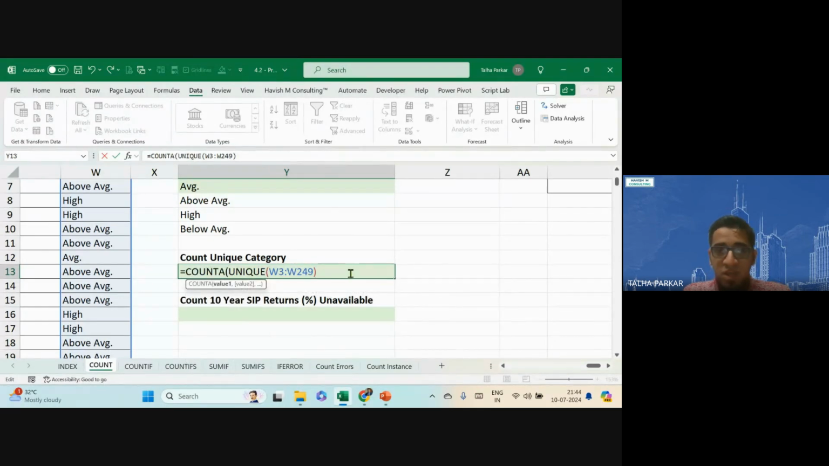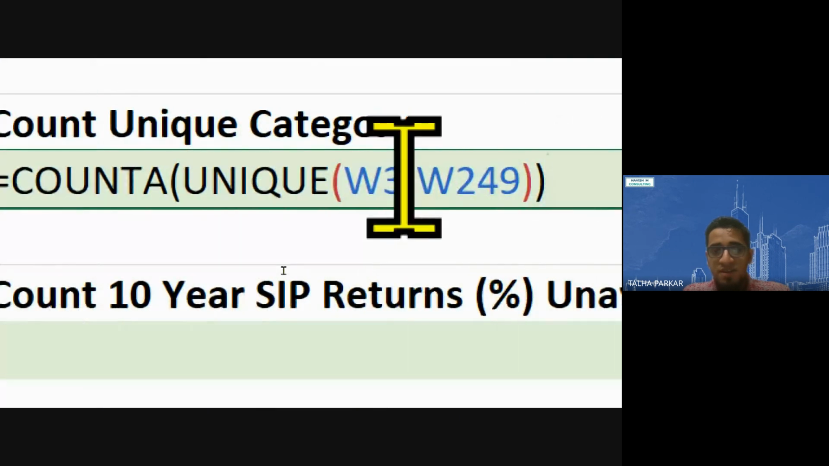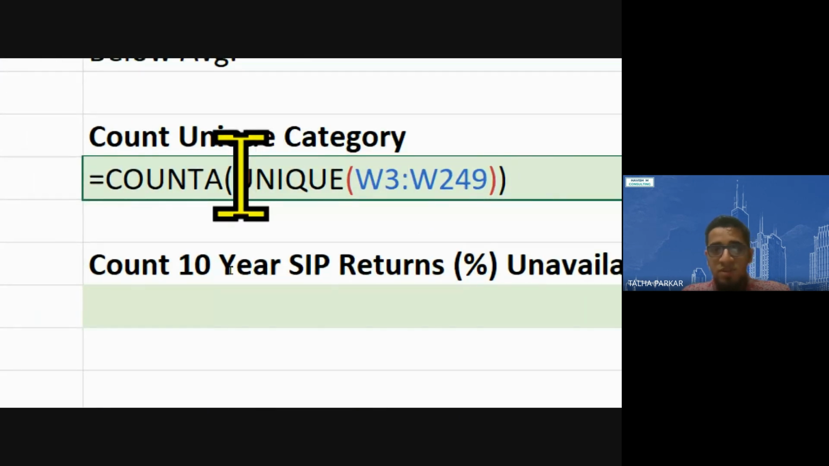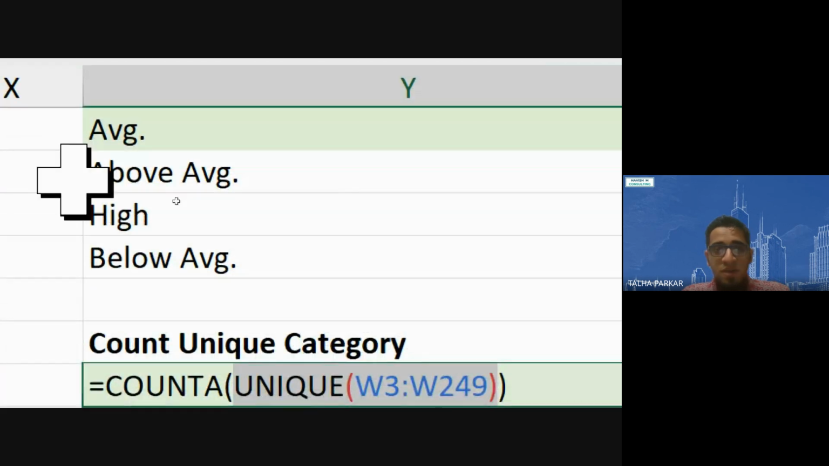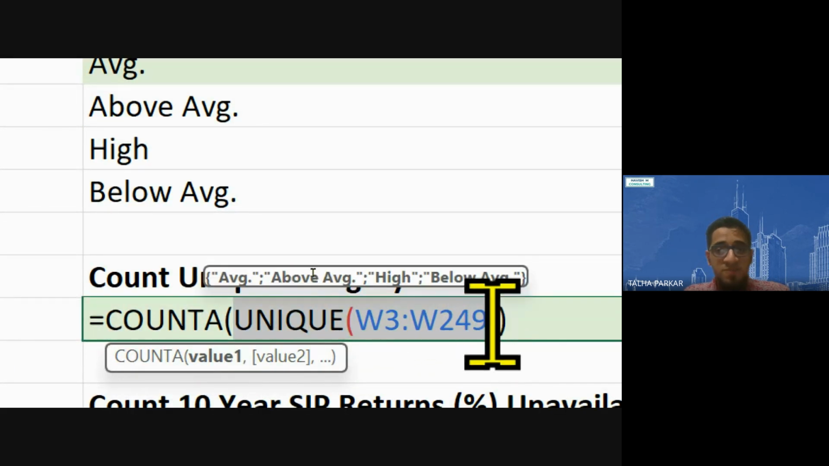और काउंट ए में क्या इनपुट दे रहा हूं मैं, जो यूनिक आर्ग्यूमेंट है। सो एज यू सॉ अबव, जब मैं यूनिक फॉर्मूला रन करता हूं, यूनिक फॉर्मूला का आउटपुट क्या होगा इस केस में, 4 डिस्टिंक्ट वैल्यूज, एवरेज, अबव एवरेज, हाई एंड बिलो एवरेज। नाउ उन वैल्यूज को मैं डिस्प्ले नहीं कर रहा हूं सेल्स में, आई एम सप्लाइंग दैट एज एन आर्ग्यूमेंट टू द काउंट ए फंक्शन।